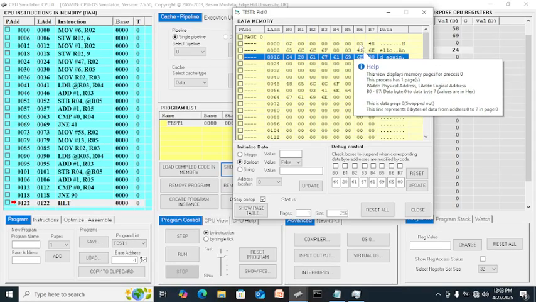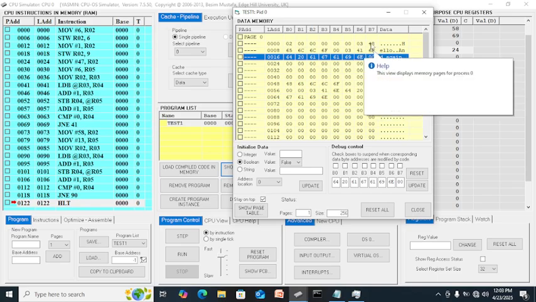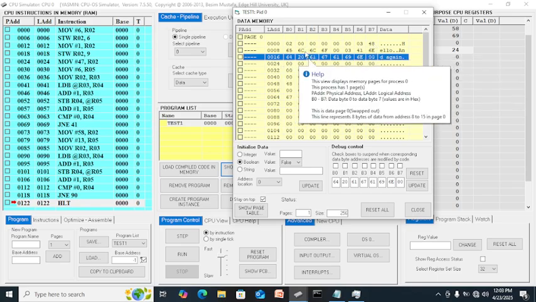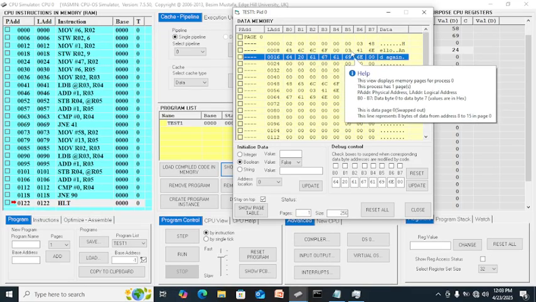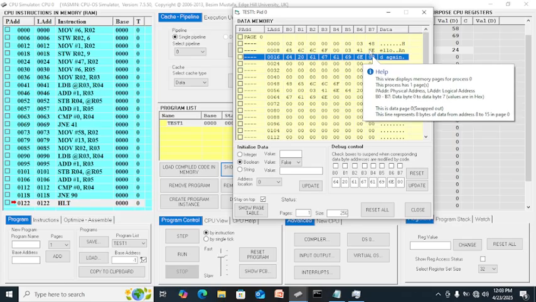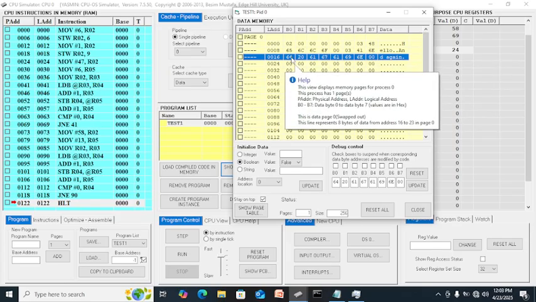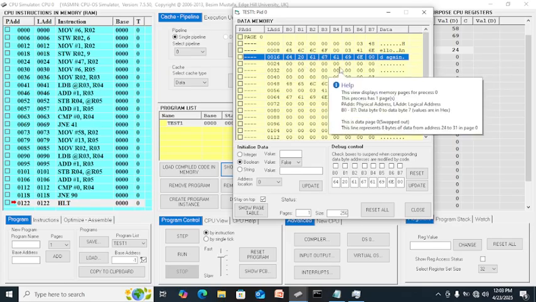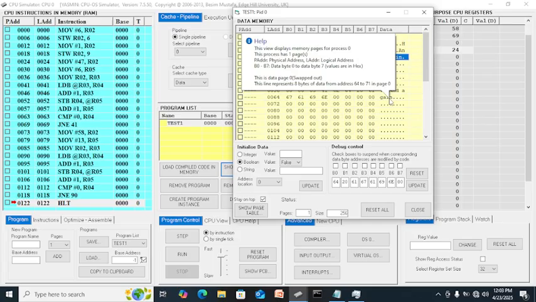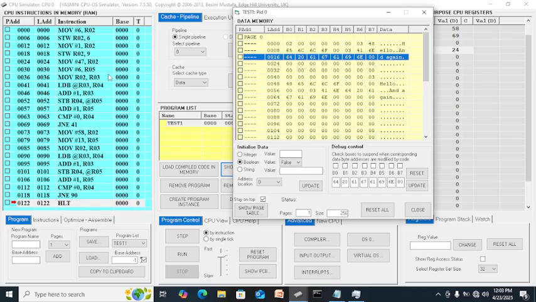It's the boolean. 6, 7, 8, 9, 10, 11, 12, 13, 14, 15, 16. So you can review this and see the table page. You have to look that up.